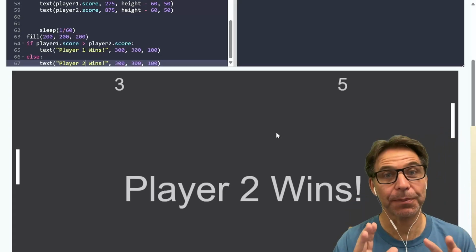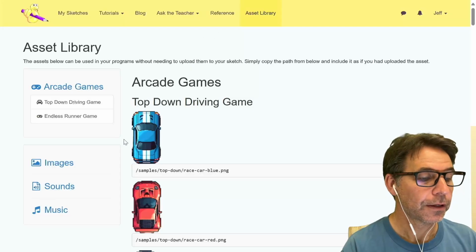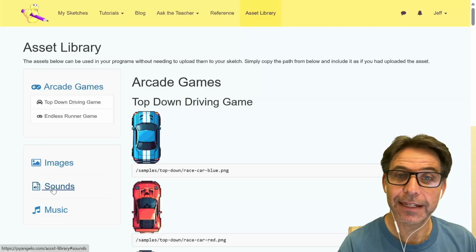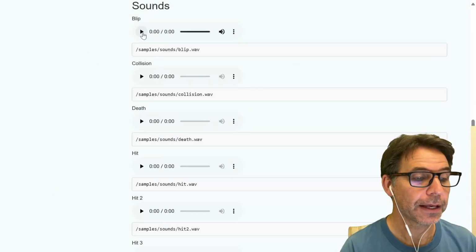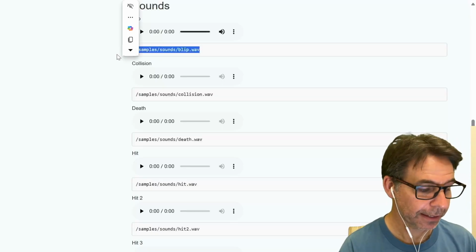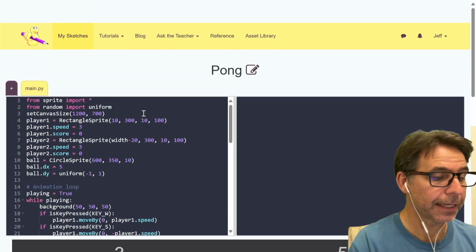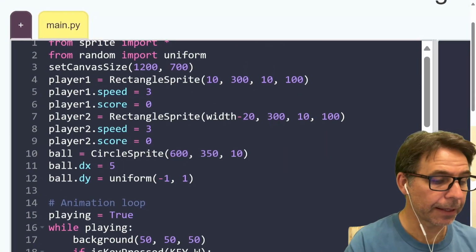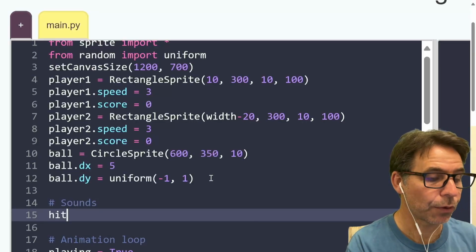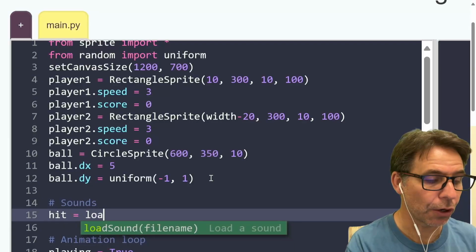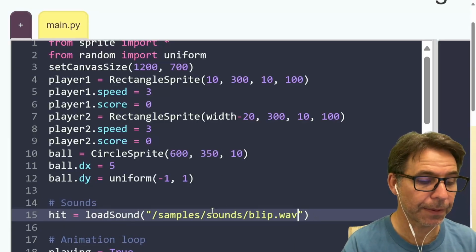There's one thing I want to do now. All games are so much better when they have sound effects. So let's add those sound effects now. So in the asset library, under sounds, we can find some good ones. Let's try it. Yeah, that blip's a good one. Let's take that. So we copy this file name, we head back over here, and let's put sounds, and we'll call it hit equals load sound, and I'm going to paste in this file name here,